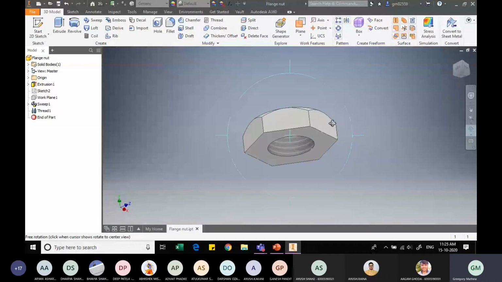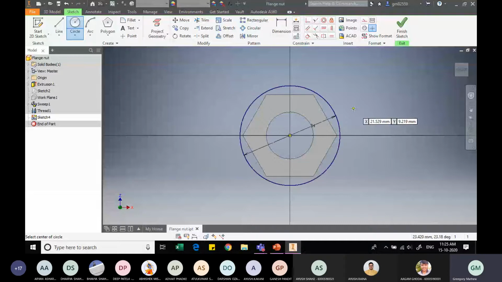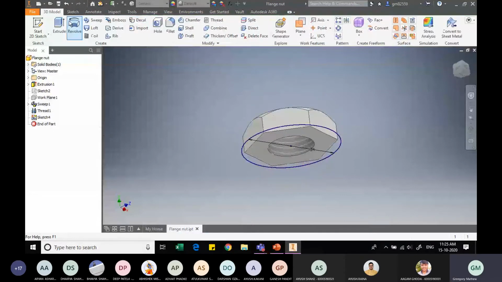Great. Now on this face, let me sketch a circle. I want the flange, right? So let me sketch a circle and I know the diameter of the circle is going to be 34 mm. So it is 34 mm, and we know from the diagram that the thickness of this plane